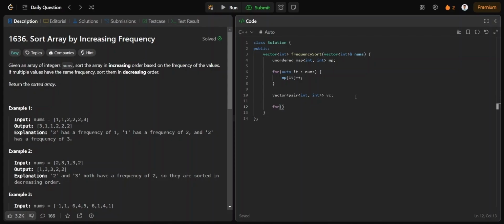Let's see, for each element present in the map, so auto it : mp. We know it.first will be the element, and it.second will be the frequency of that element. Okay, so we will do v.push_back of each element. First we will keep it.second, the frequency count, and second it.first, the actual element,